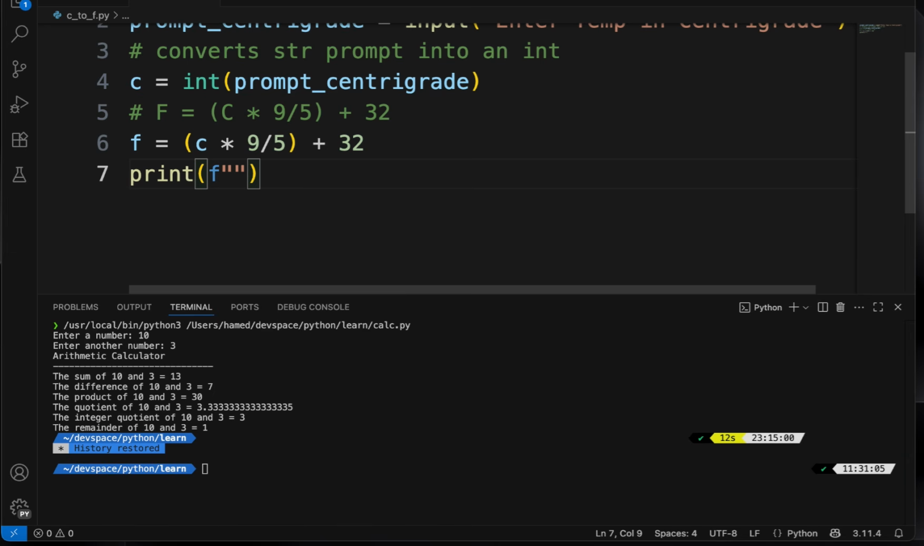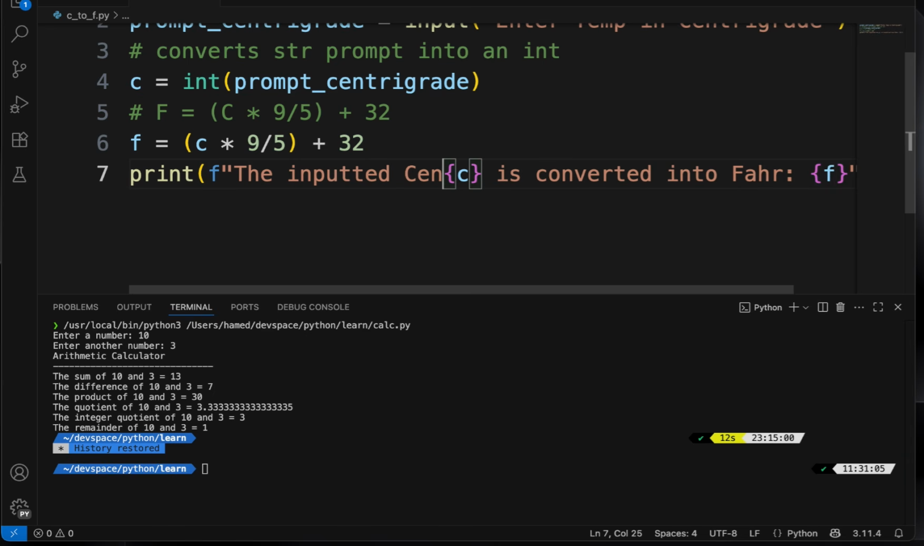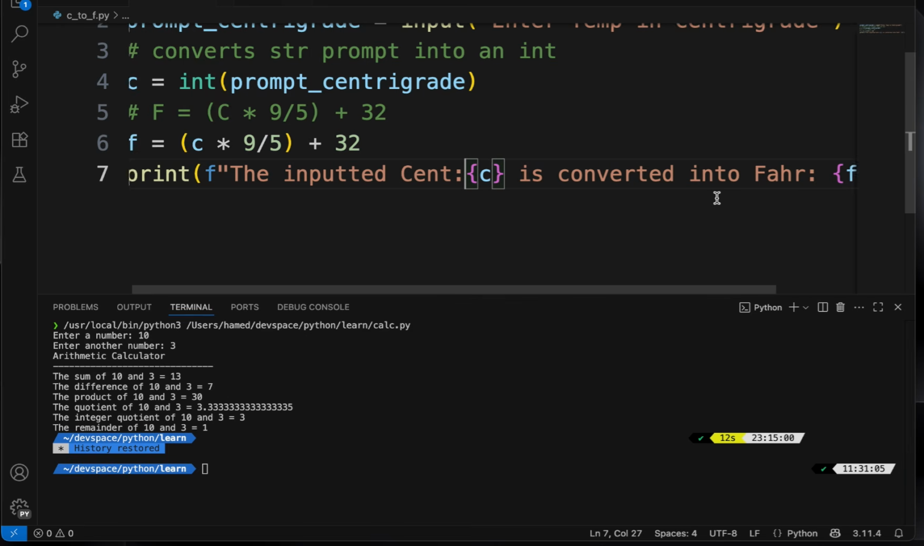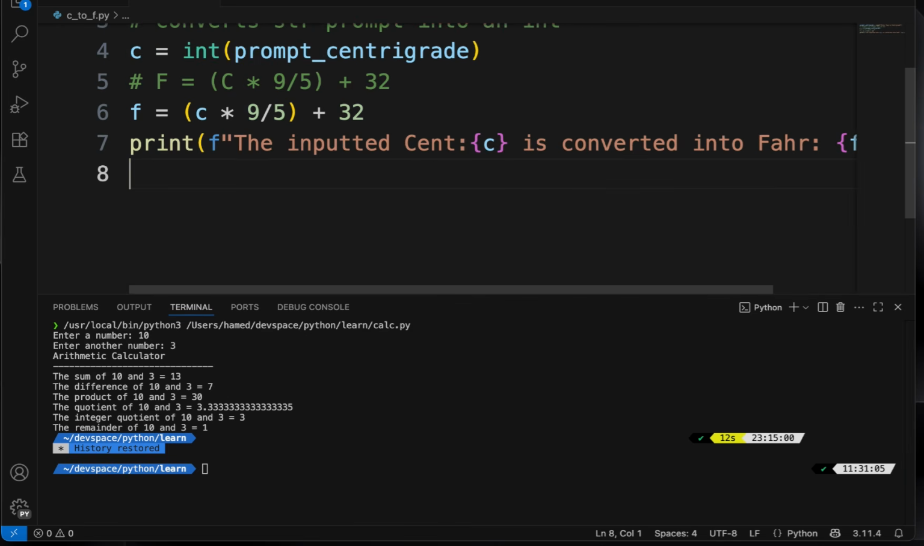So you can say the inputted C is converted into Fahrenheit F. So let's write here centigrade also, and let's verify. Let's run